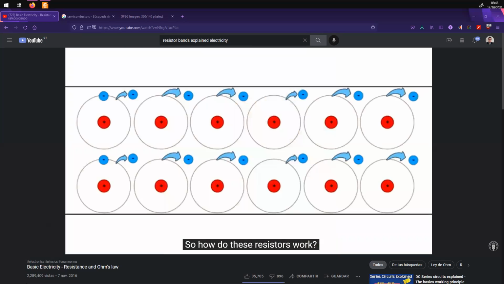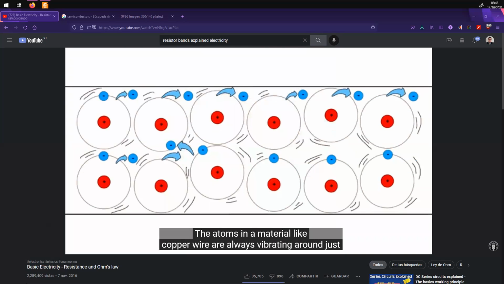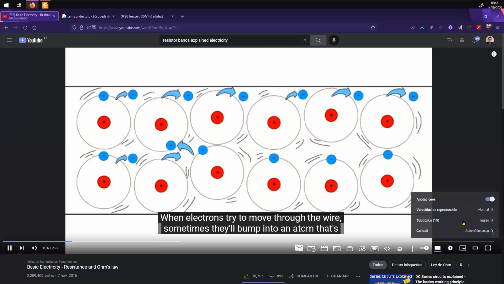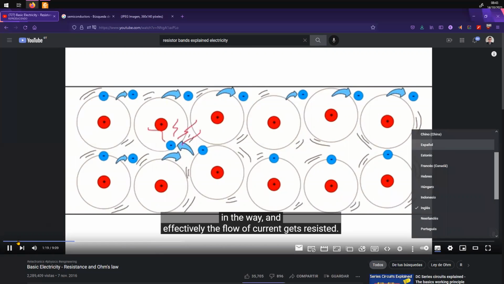So how do these resistors work? Is it jumping from atom to atom all at the same time like a conga line? The atoms in a material, and this is because sometimes they'll bump into an atom that's in the way, and some